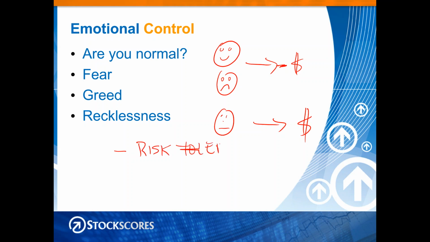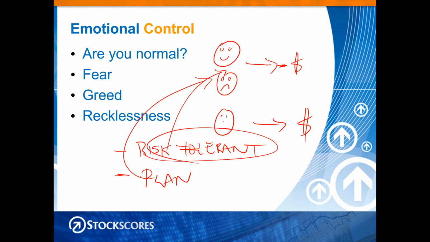If you don't sleep well, you're taking too much risk. And you're likely to become emotional. Second thing, have a plan. You should have a written plan for when to buy, when to sell, how to manage risk, the process, how to track your results. If you don't have a written plan, then you will become emotional. So do these two things, and you've got a chance at becoming unemotional.